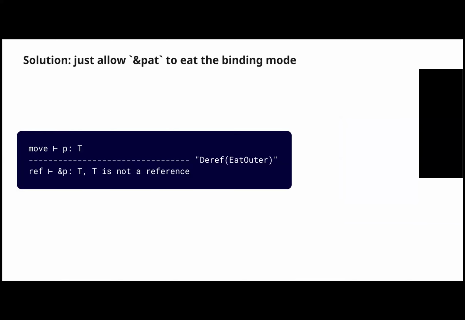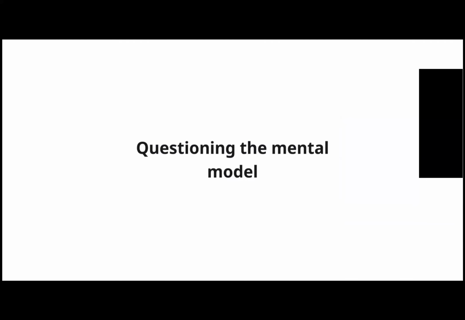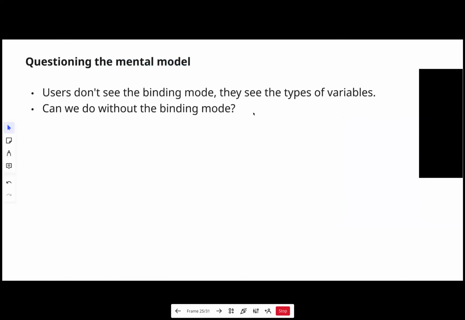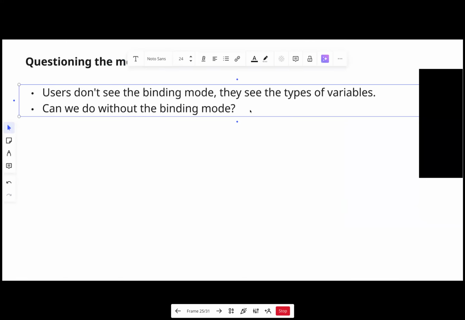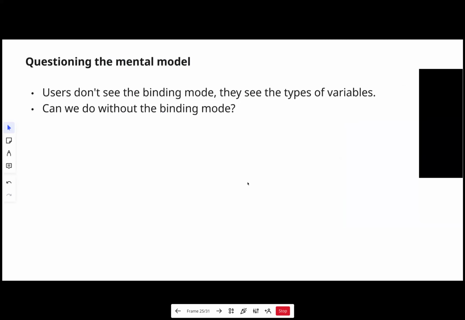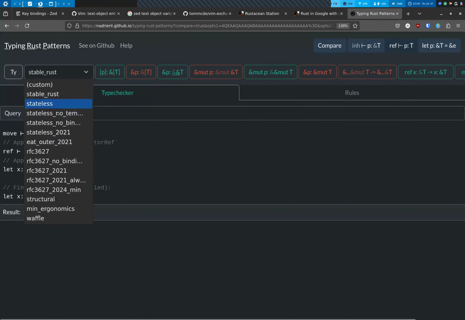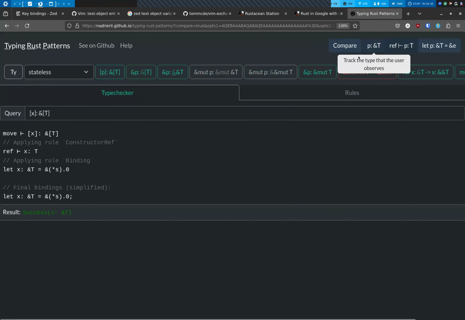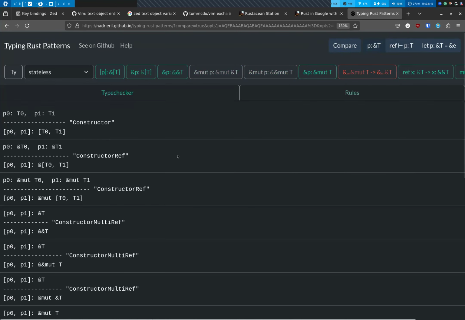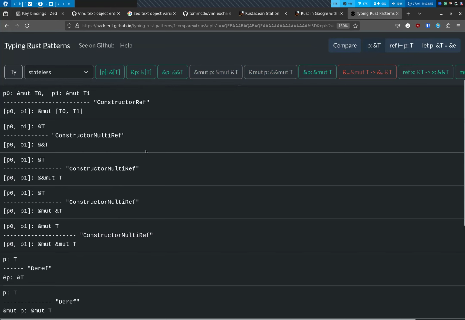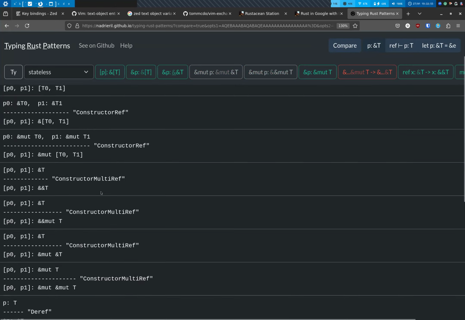And with the Lang team and a bunch of other people, we started thinking about, oh, let's go a bit further. Let's see if we can make it better. And my hunch was that we could do without the binding mode. And this is how we get this proposal, I call it stateless. And the way stateless works is that it treats the virtual reference like a real reference. So for example,